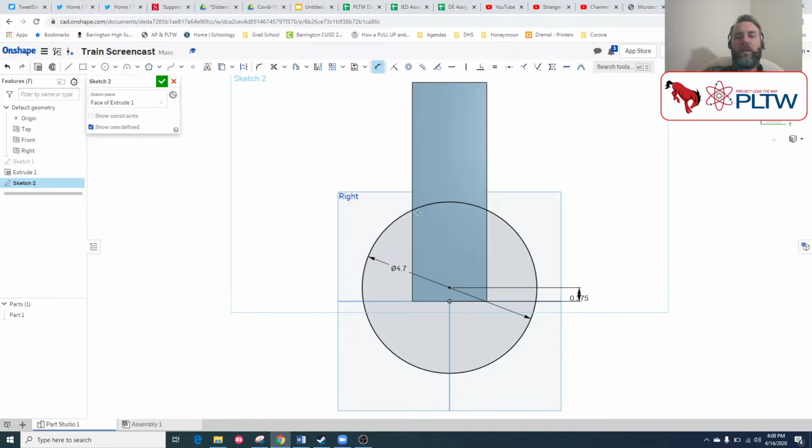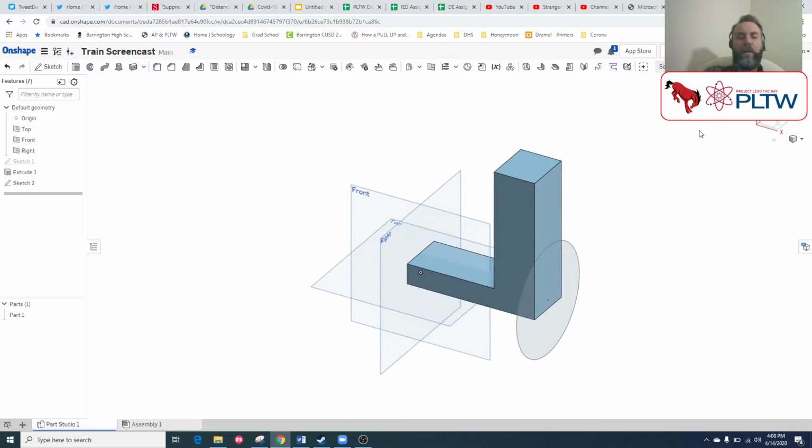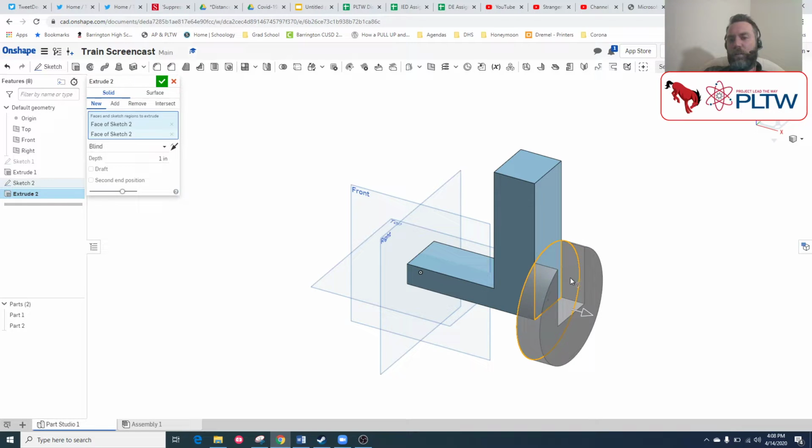Now, some of you are going to be like, well, you have to draw in this portion above here. We have to draw some amorphous shape above to get this, so we know what to cut away. But I'm going to teach you how to do an intersect here. And if I hit my Shift E for extrude, I want to extrude all of this. And if I send it the other way,